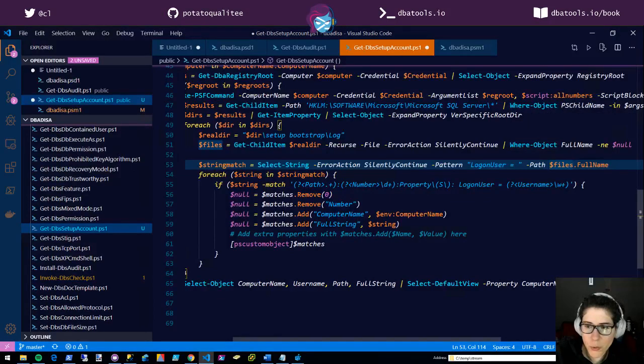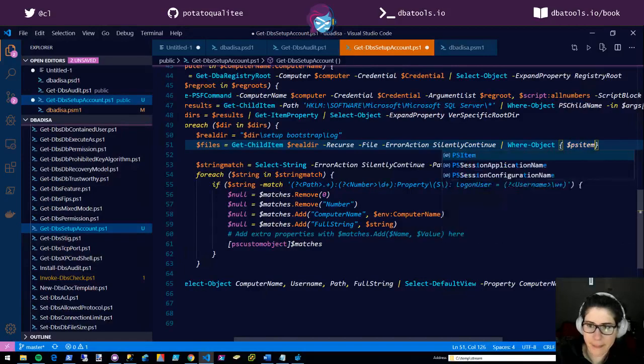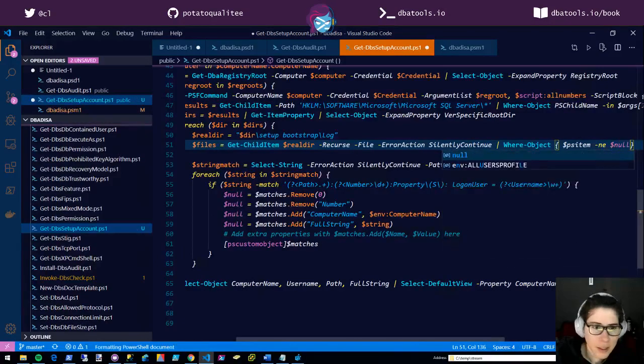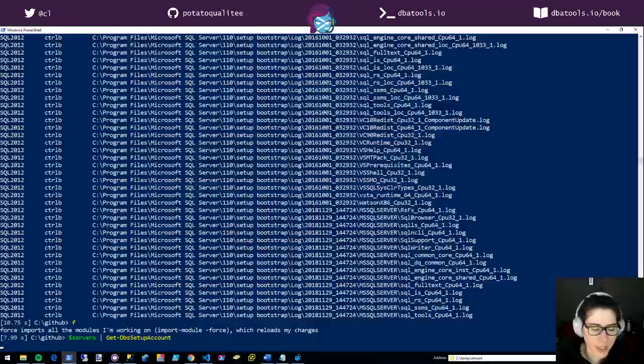Okay, what I'm gonna do is put in one of these ugly things: PS item not equals null. I think this should be working. If this doesn't work, I have another idea.